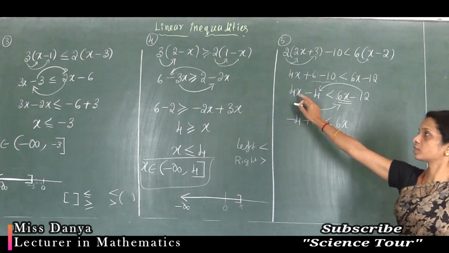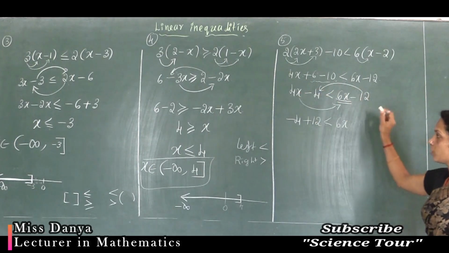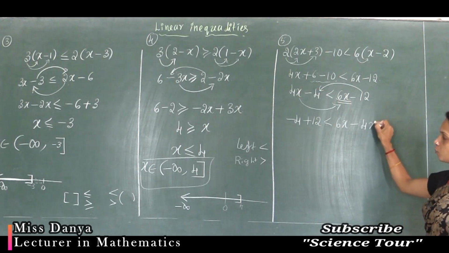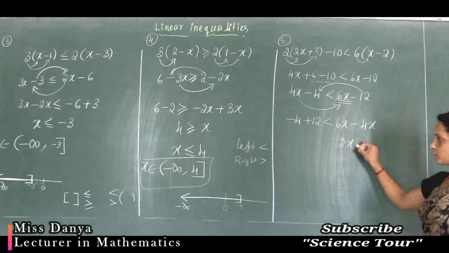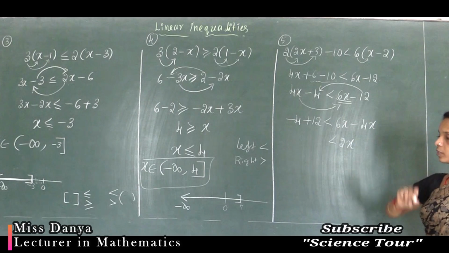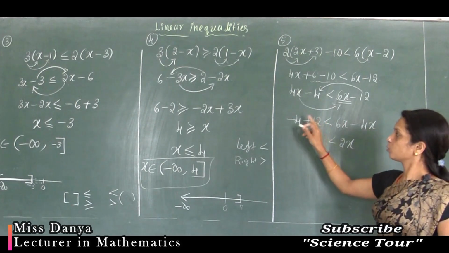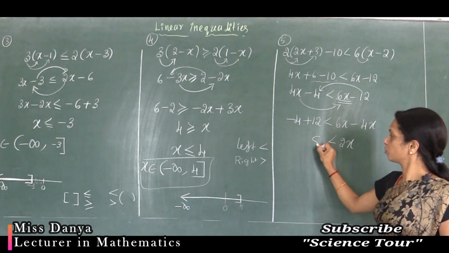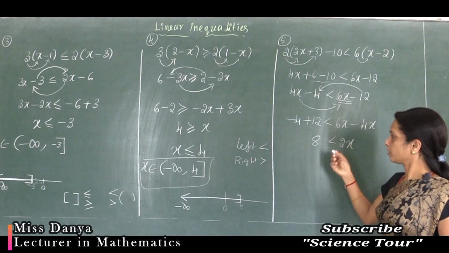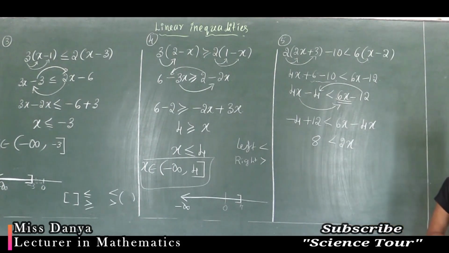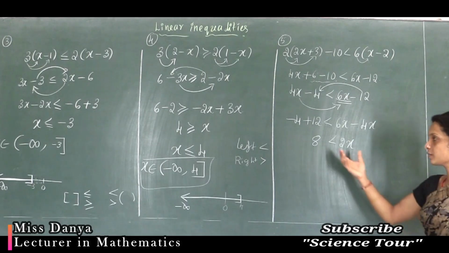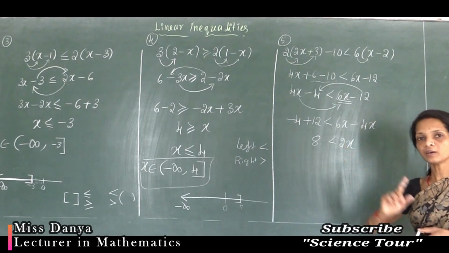Now here you have plus 4x, we are shifting this side as a minus 4x, and 6x minus 4x is how much? That is 2x. The inequality symbol you have to carry the same, less than, and here 12 minus 4 is 8. Always the coefficient of x should be 1, or otherwise I will write this inequality in another